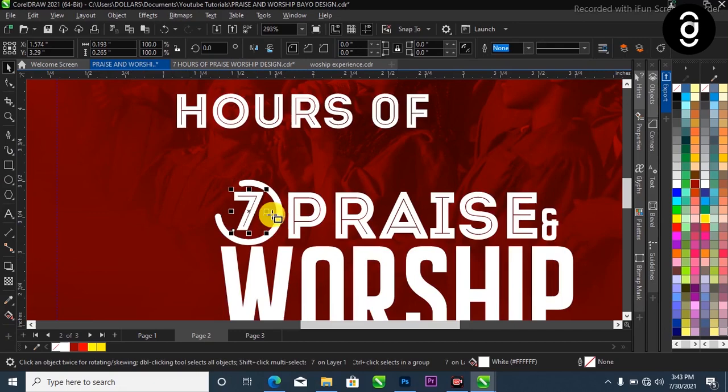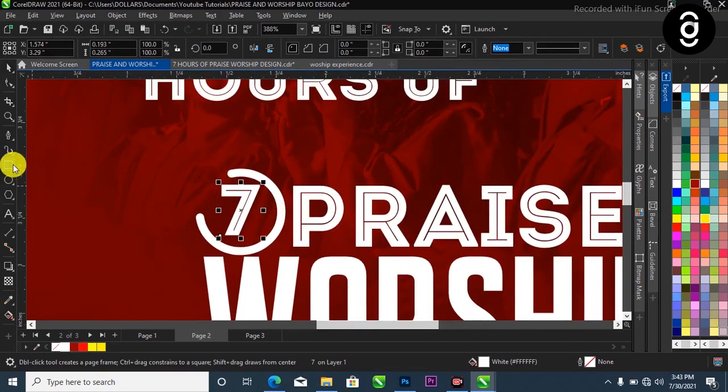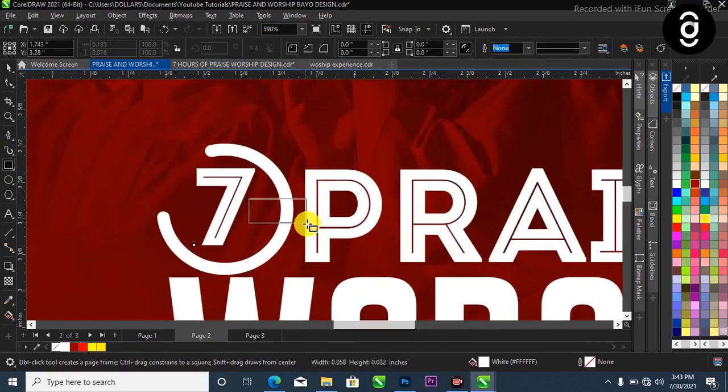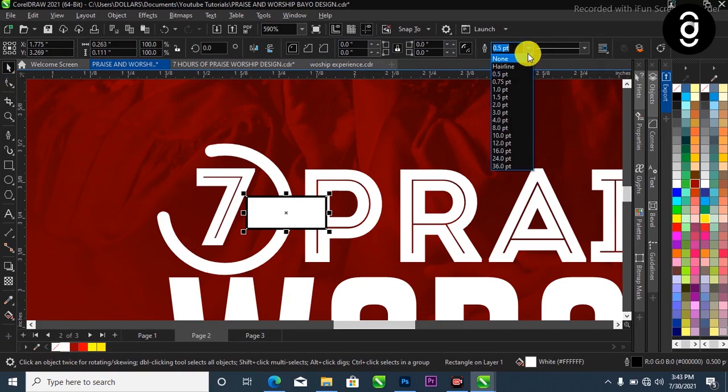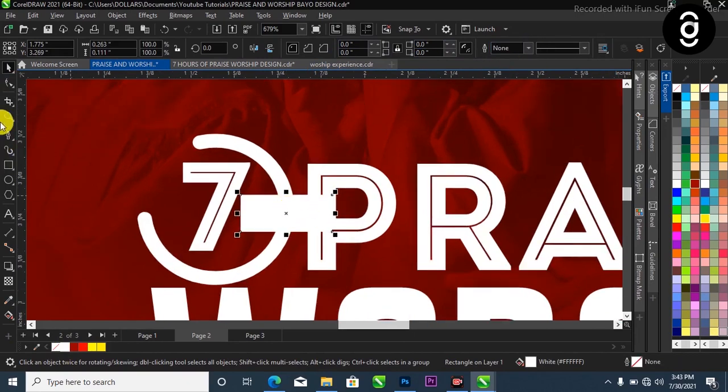So I'll pick my rectangle tool from my toolbar over here like this and draw a triangle like this. Then change the color to white. Head over to your property bar where you have your outline pen tool. Then click on the drop down arrow, select none to get rid of the outline. Now come over to your toolbar again, make a selection of your shape tool like this. Hold down Control on your keyboard while making selection of the triangle, then drag this down like this